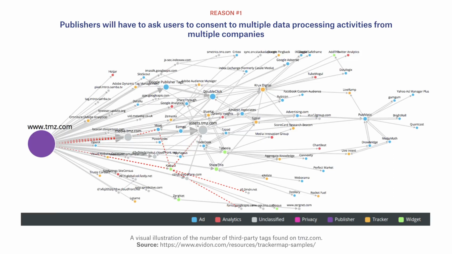So continuing on with the data leakage topic, here is a visual representation of what some popular sites look like. As we can see, the popular celebrity news and gossip site, TMZ, contains dozens of third-party tags. The diagram illustrates how requests are passed around from one vendor to another. Now, if TMZ were to implement a consent management platform and collect consent from users to collect their data, then they'd have to gather consent on behalf of all these vendors, as well as pass on the results of that decision to all those vendors as well.